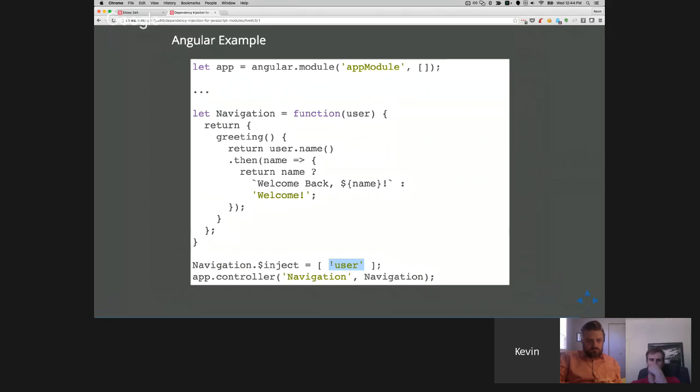So then Angular, what it's going to do behind the scenes is it's going to create you an instance of your user module, and it's going to pass that into this function when it gets called. So in order for it to do that, you have to basically use its APIs everywhere, and it can be difficult to integrate that